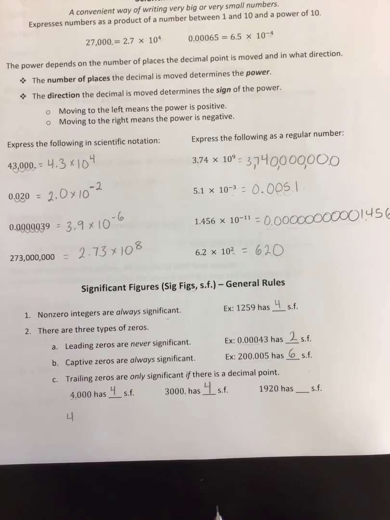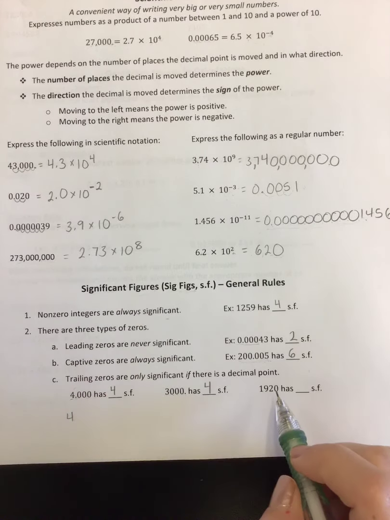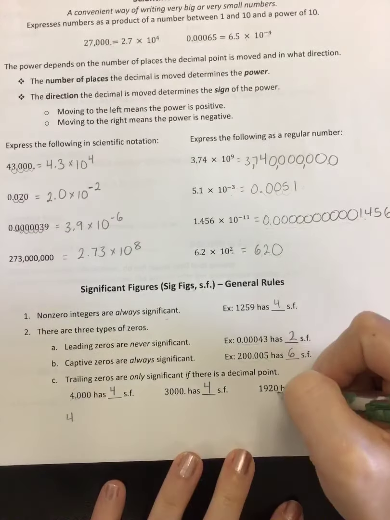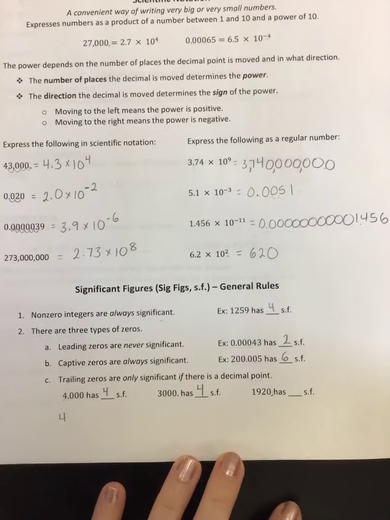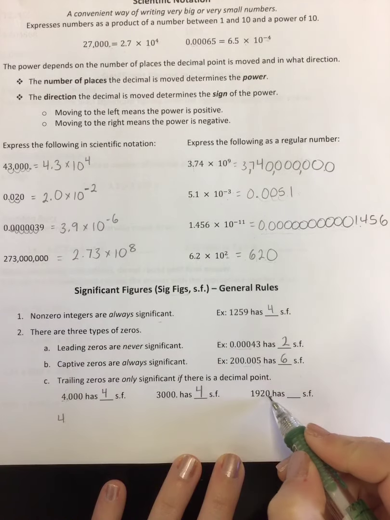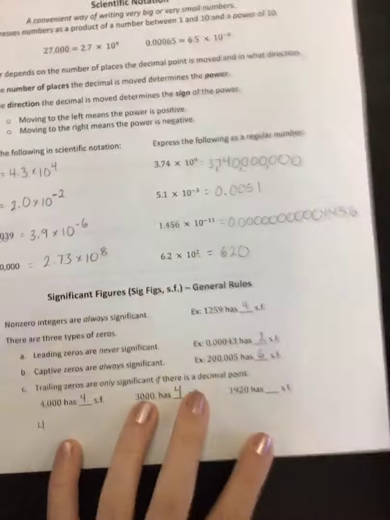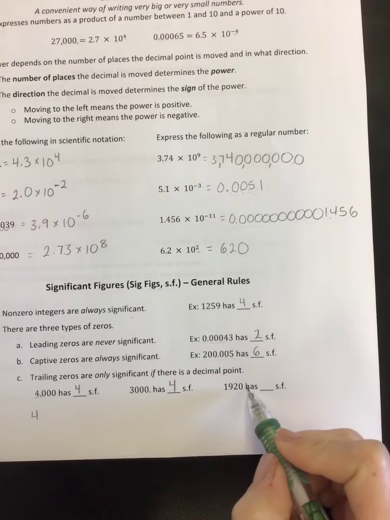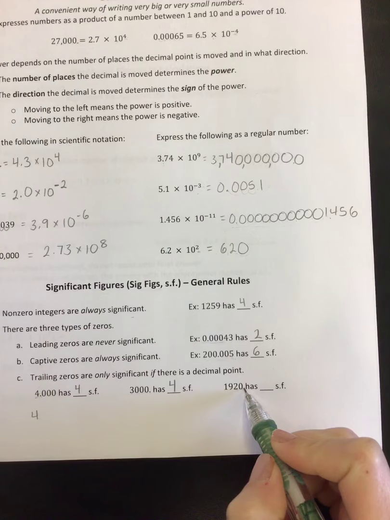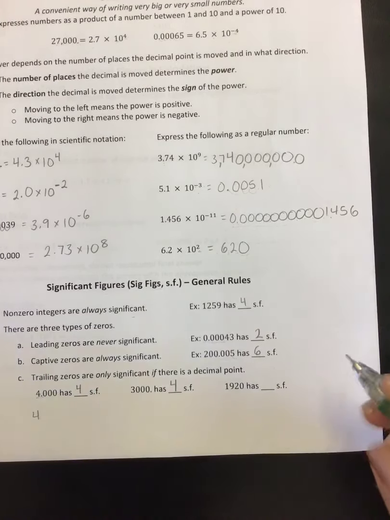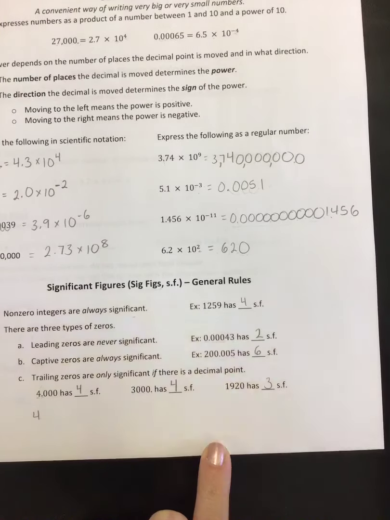And this last one is 1920. I have a trailing zero. Is there a decimal place? No. That means that we had the opportunity to call that zero significant. We could have put a little decimal point right there, in which case we would have 4 sig figs, but we don't. Because the person that made this measurement or communicated this number did not have a decimal point after this 0, it was not significant. Only the 1, 9, and 2 were. So this one is going to have 3 sig figs. Okay,